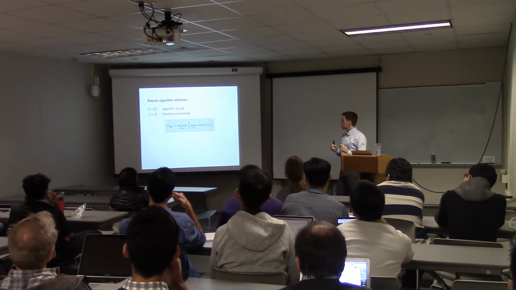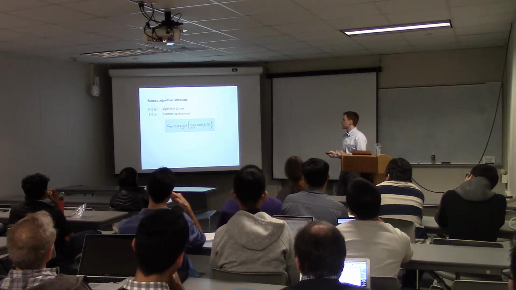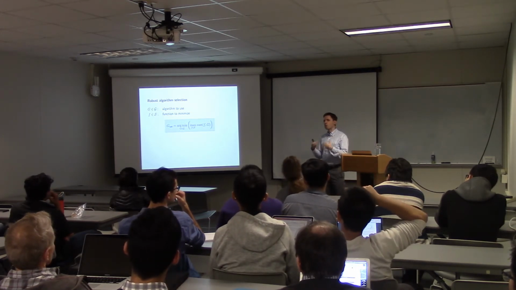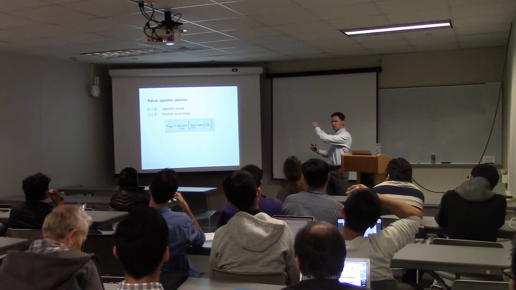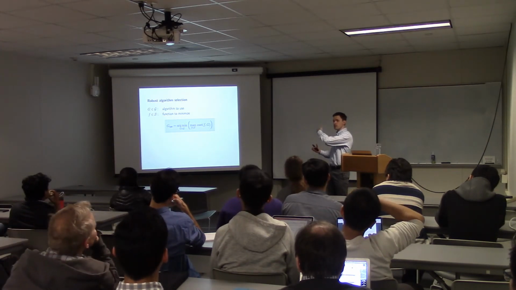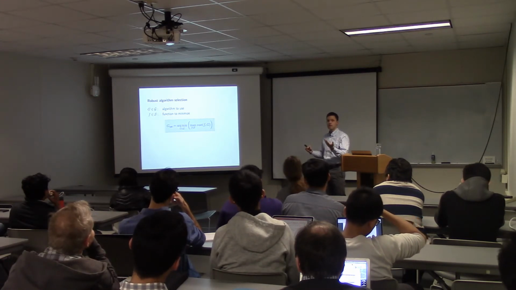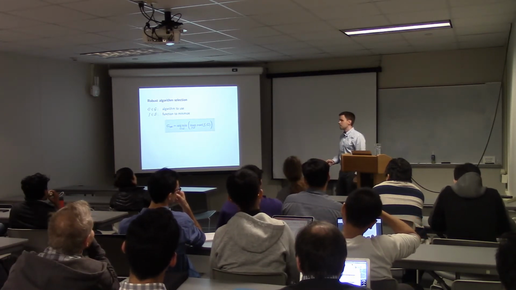And what I'm actually going to try to solve here is a minimax problem. So here, cost will denote some sort of measure of how good my algorithm is. So in the previous slide, we talked about how many iterations it takes to get to a certain level of convergence. That would be one example of a measure of cost.